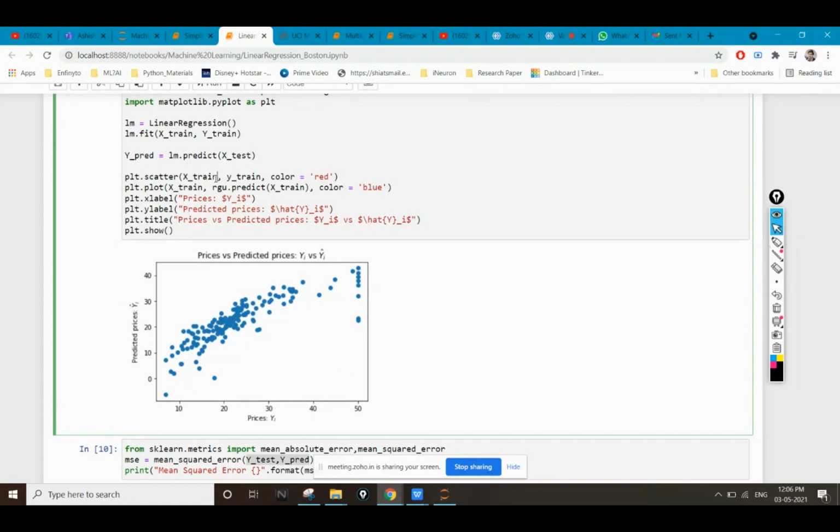So I'm going to give here y predicted values and the y train values.